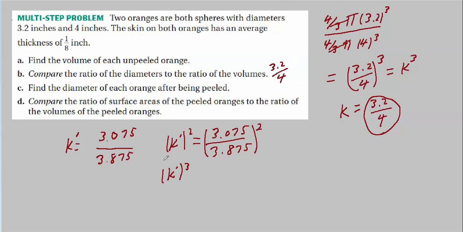So, in a sense, you could say that if you take the ratios of the diameters, multiply it by the ratio of the areas, you will get the ratio of the volumes, because k prime times k prime squared is k prime cubed, and it would just be this stuff cubed. I'm not sure what their point was here. Just reiterating the fact that areas move as the square of the scale factor, and volumes move as the cube of the scale factor, remembering that the scale factor always refers to the linear measurements.